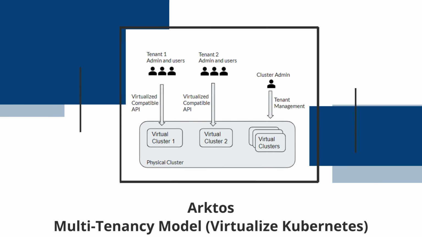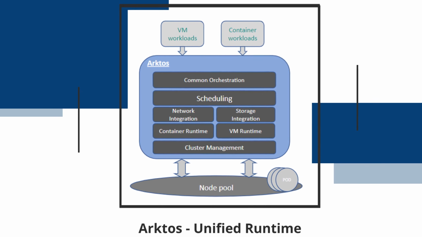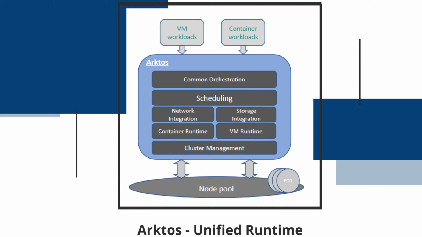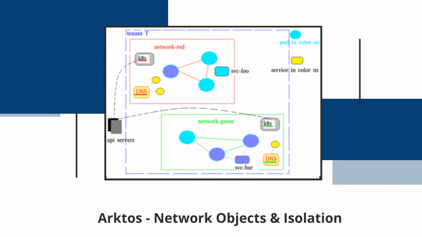Arctos introduces a true and hard multi-tenancy design into Kubernetes, and makes Kubernetes a real multi-tenant platform. This enables multiple organizations to safely and easily share the same physical cluster infrastructure. Arctos unifies VM and container into one, so that the platform manages VMs the same way as managing containers. It also offers the same API user experience. Arctos introduces new network objects and corresponding operators. This is part of the multi-tenancy model, so that containers or VMs are created within a subnet or VPC, and they are naturally isolated.